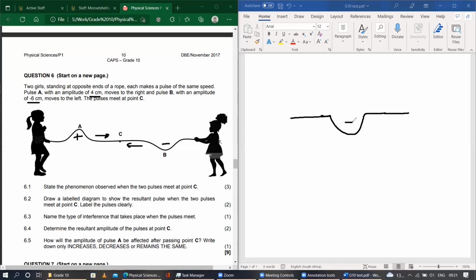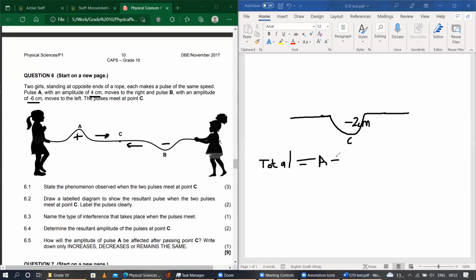So this is going to be negative with an amplitude of -2 centimeters. It's just saying 4 - 6. It's not actually 4 - 6, it's actually the total, right? The total. It's actually going to be A